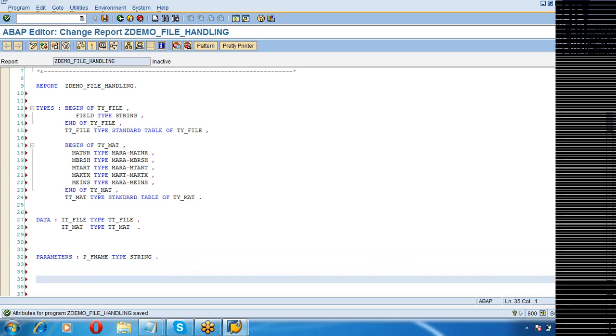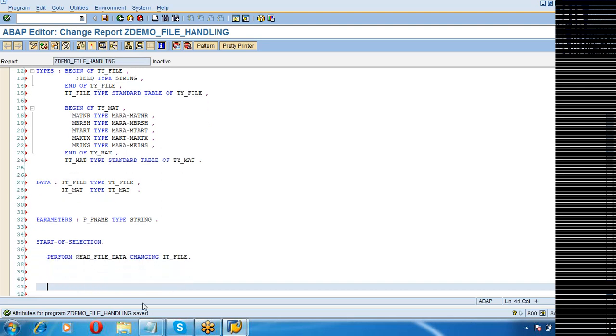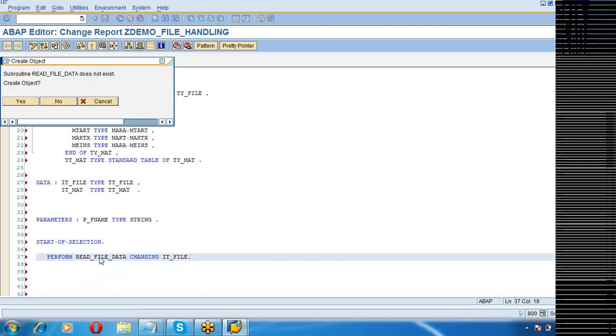It is basically to accept the name of the file from the user. Read file data.